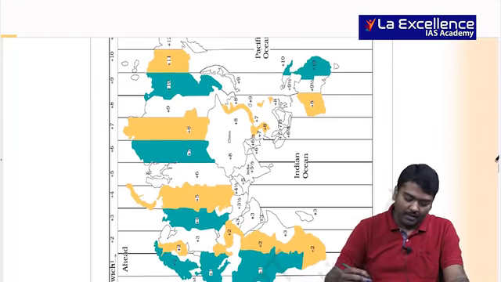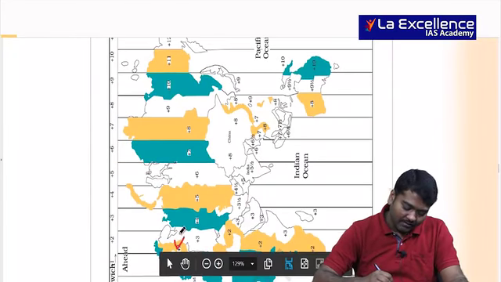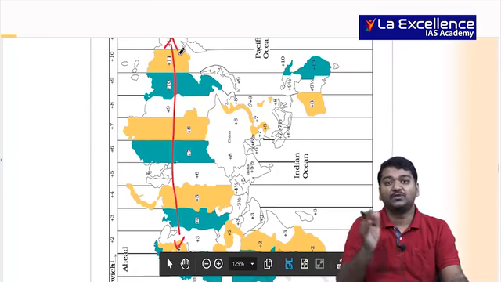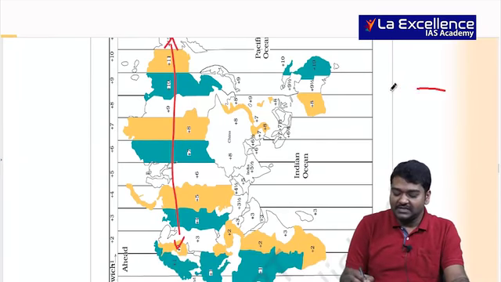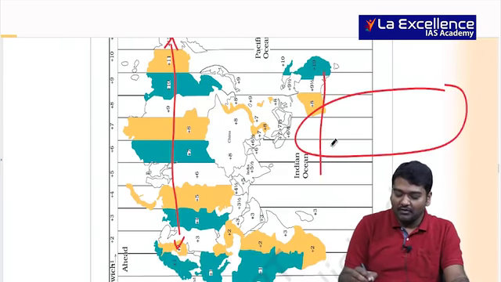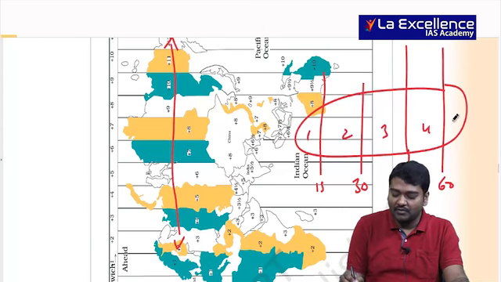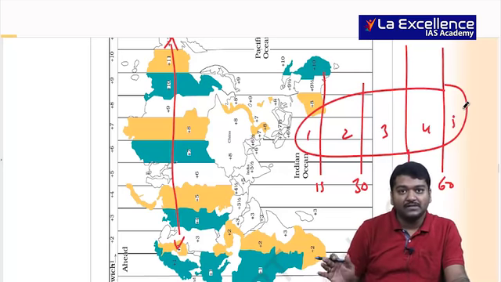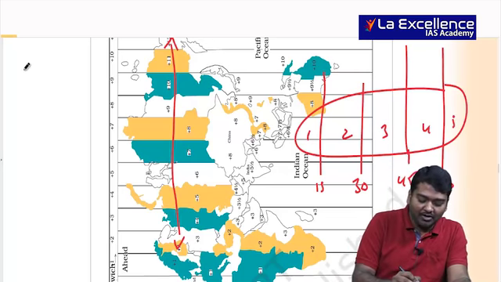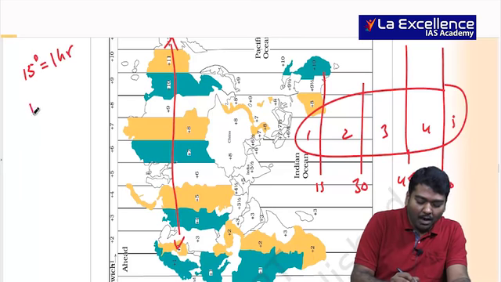So can you see, if you are taking Eurasia from here till here, time zones keep on varying whenever the east-west extension is more. So if longitudes pass like this, right? And if you have a 15-degree difference between each longitude, what will happen? This will be 1 hour, 2 hours, 3 hours, 4 hours, 5 hours away. Can you see this? So this is how you try to calculate, and you are also aware that 15 degrees is equal to 1 hour, 1 degree is equal to 4 minutes.